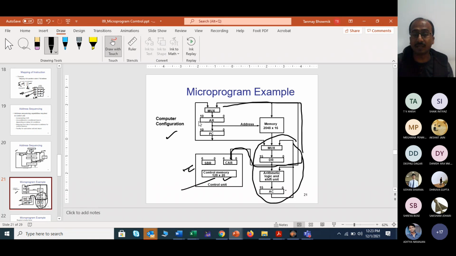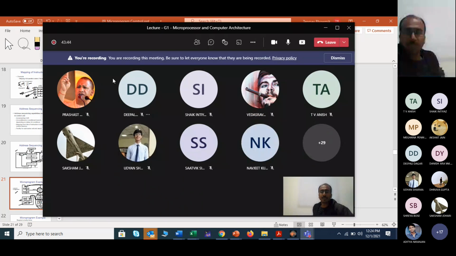Then again, it can be asked, in your memory segment, what is the data bit width? The answer should be 16 because your memory is here. So don't panic, just keep calm and check the whole thing. The answer is in front of you. Maybe some extra information will be given to puzzle you. Okay. So now I will stop and wait to see if there are any questions from your end.